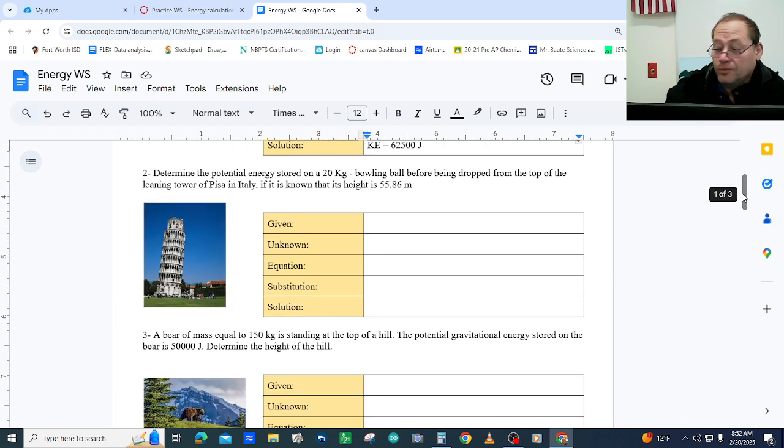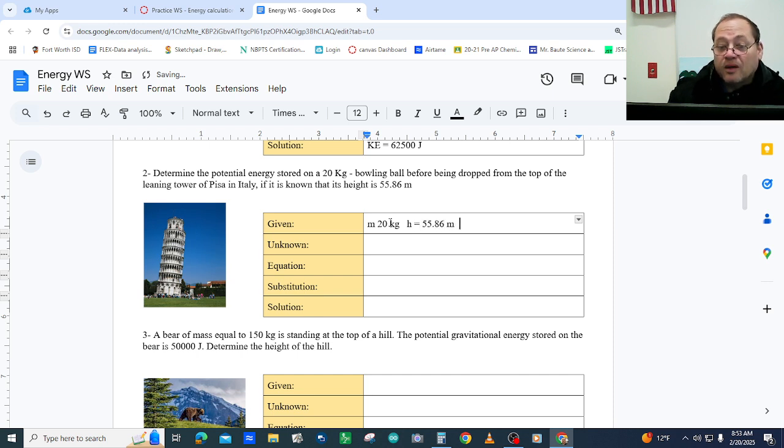For number 2, okay. Let's go in here. Determine the potential energy stored on a 20 kilograms bowling ball before being dropped from the top of the Leaning Tower of Pisa in Italy, if it is known that its height is 55.86 meters. So again, let's get the givens. So you see the mass of the ball is 20 kilograms. What else is given? The height of the tower is 55, so remember H, right? It's 55.86